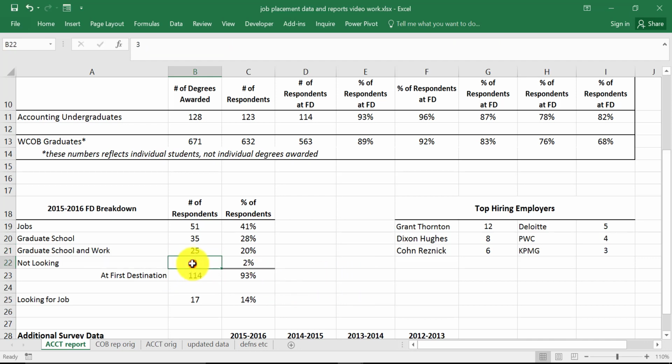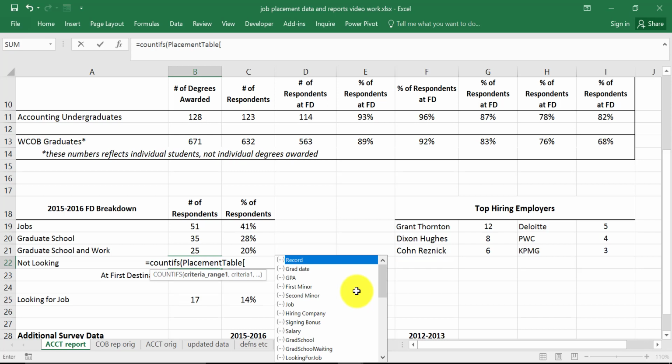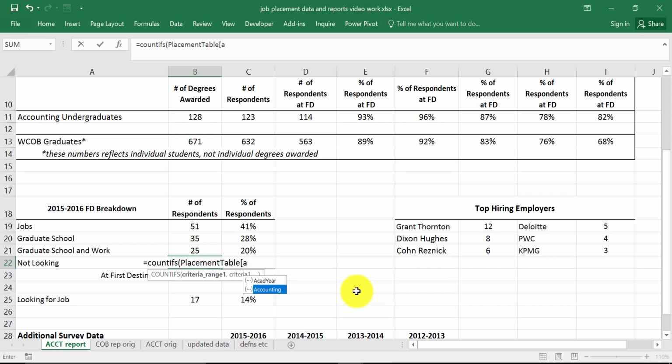Right. Then lastly, those folks that do not have a job and aren't looking. So we say that those folks are at their first destination. They've decided to take some time off. So we'll just build this from scratch. Equal COUNTIFS, placement table, and again we'll do the accounting, and later plan to change that with the